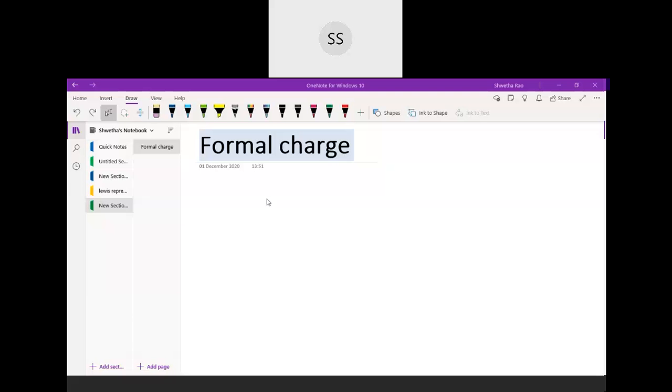Because in the example, if you could recall, I took the ozone molecule. When we write the Lewis structure for this ozone molecule, there are three oxygen atoms. I can put these three oxygen atoms like this, calculate the total number of valence electrons, then calculate how many shared electrons and unshared electrons there are. When you do all that, you end up getting this as the final structure. You will get 6 electrons being shared, so 3 bonds will be formed, and then the remaining electrons you distribute depending on the number required to complete the octet.